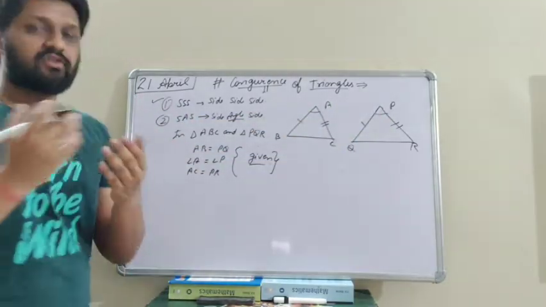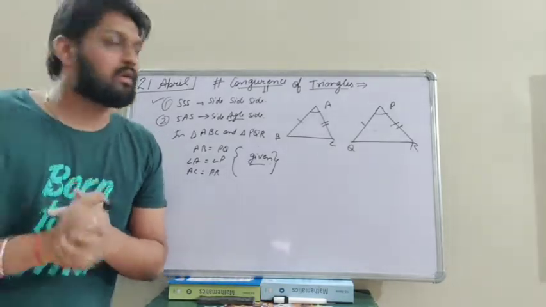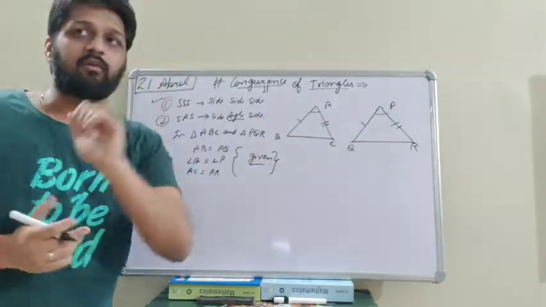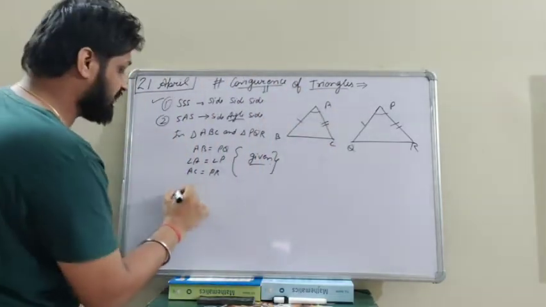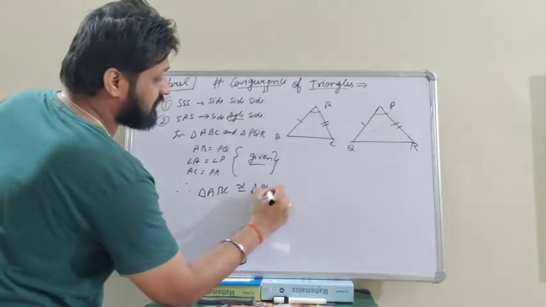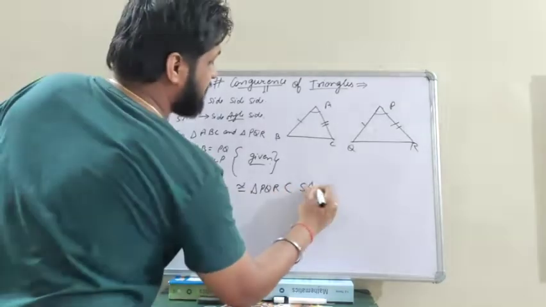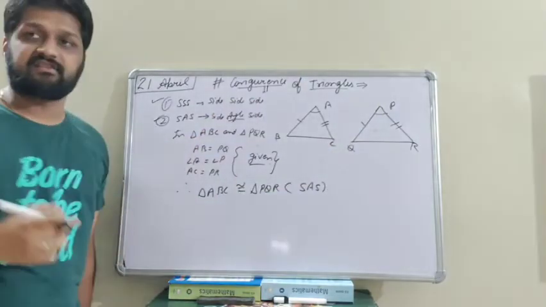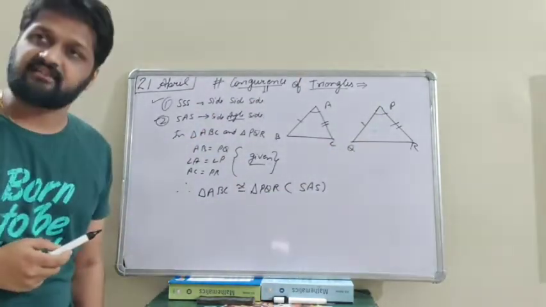अब क्या हो गया? दो ट्रायंगल हैं आपस में, उनकी दो साइड्स इक्वल हो गई हैं और बीच में उनका एक एंगल भी इक्वल हो गया है. आप देख सकते हैं ये साइड इसके इक्वल है, ये साइड इसके इक्वल है और बीच में एंगल इक्वल हो गए. तो अब हम क्या कह सकते हैं कि ये दोनों ट्रायंगल्स हमारे क्या हो गए हैं? कॉन्ग्रुएंट हो गए हैं. So therefore triangle ABC is congruent to triangle PQR. अब कौन से क्राइटेरिया से कॉन्ग्रुएंट हुए हैं हमारे? SAS. As we can see, side, angle, side. So this is the second criteria that we have discussed today, and that is side, angle, side.